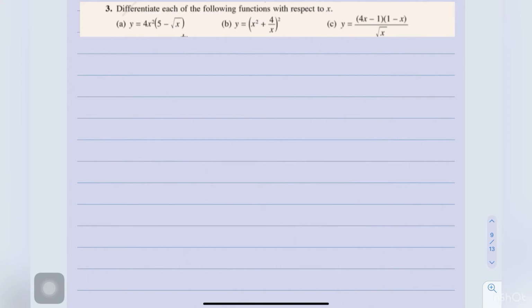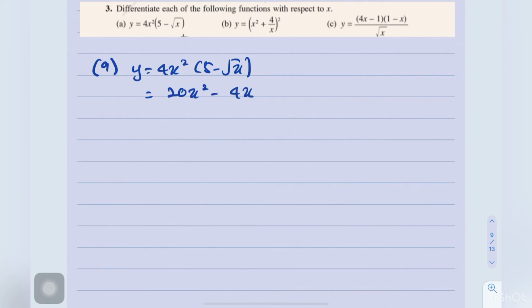Then question number 3a. Differentiate each of the following functions with respect to x. So we have y equals 4x squared times 5 minus square root x. First of all, you have to expand. We get 20x squared minus 4x squared times square root x. These terms we can simplify. Square root x is x to the power of half. So here we have 20